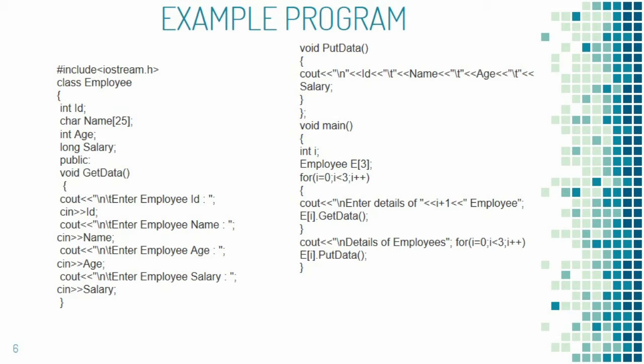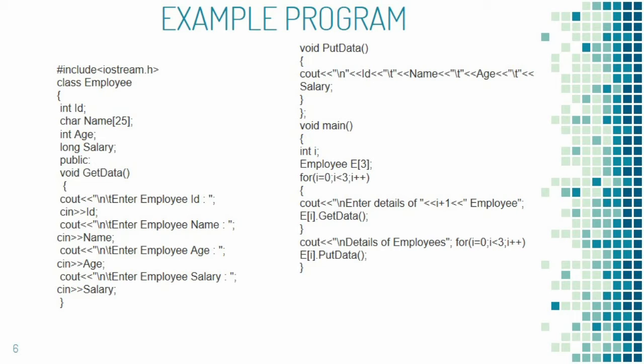It means the employee class has three objects, that is E[0], E[1], E[2]. Now the looping is started, the for loop is started. The for loop starts with the 0 value and it checks the condition. 0 less than 3, the condition is true, it enters into the for loop, and now the output statement is executed, and now the i's value is 0, so E[0] dot get data, so the member function is called.